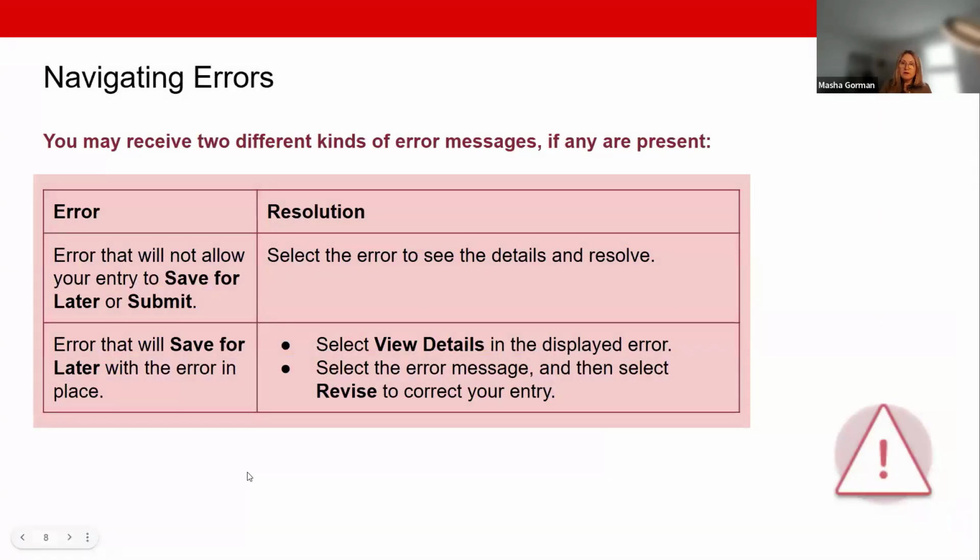What do you do with errors? You're going to get errors sometimes. There will be some errors that will not allow your entry to be saved for later or submitted. That's fine. Those usually are very surface errors. You will see them right away. For example, you forgot to select an earning code for adjustment, and of course, the system is going to complain. You won't be able to save. And when you view details in that error, you will be able to quickly see what happened there